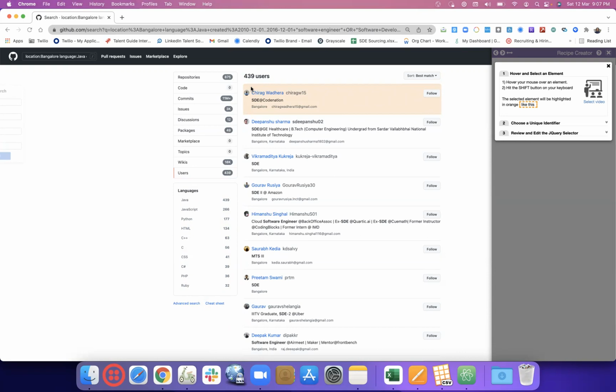So we want this box. Sometimes even when I was a beginner, I made these mistakes. I was actually selecting this box where the list of information of the candidate is there. But while we were scraping the data, it was only scraping for one person. It was not scraping for all the 10 persons. And sometimes it was not even working. So that's the small miss we might make sometimes, which I learned after making so many mistakes. So I just wanted to call it out.